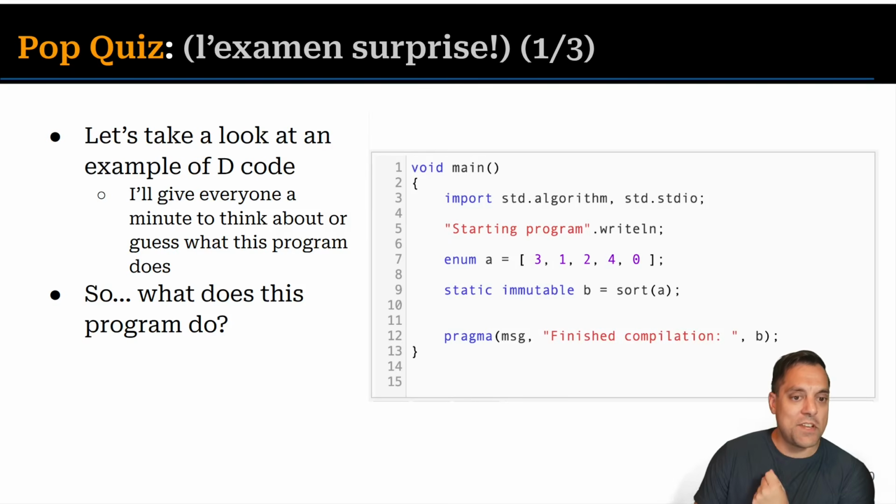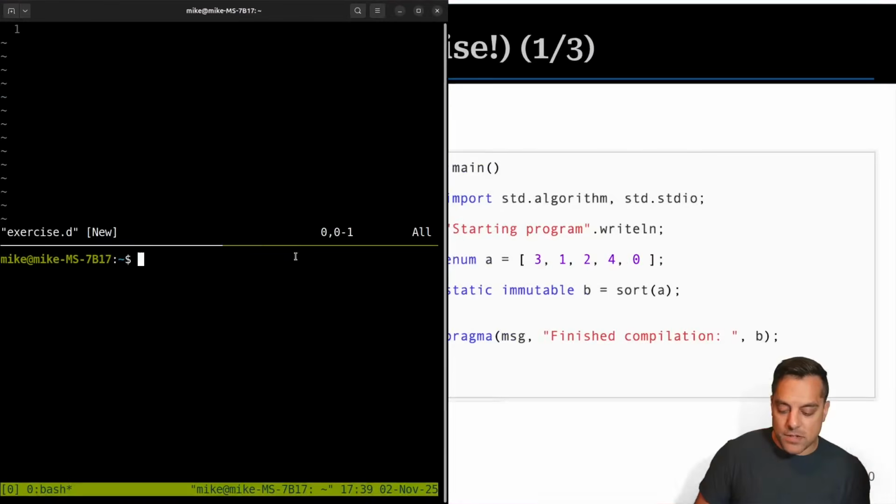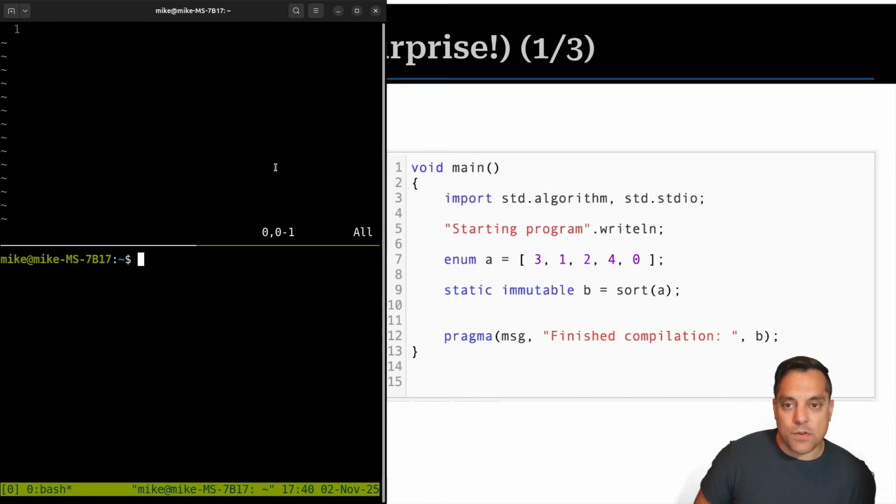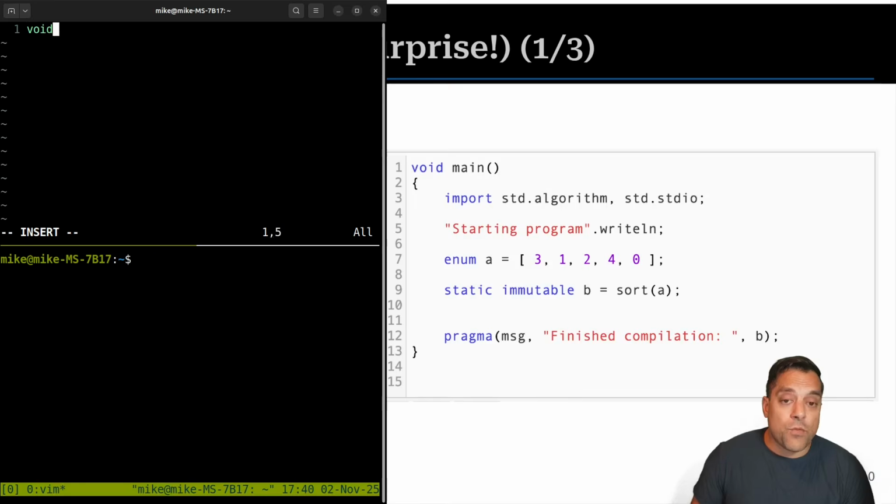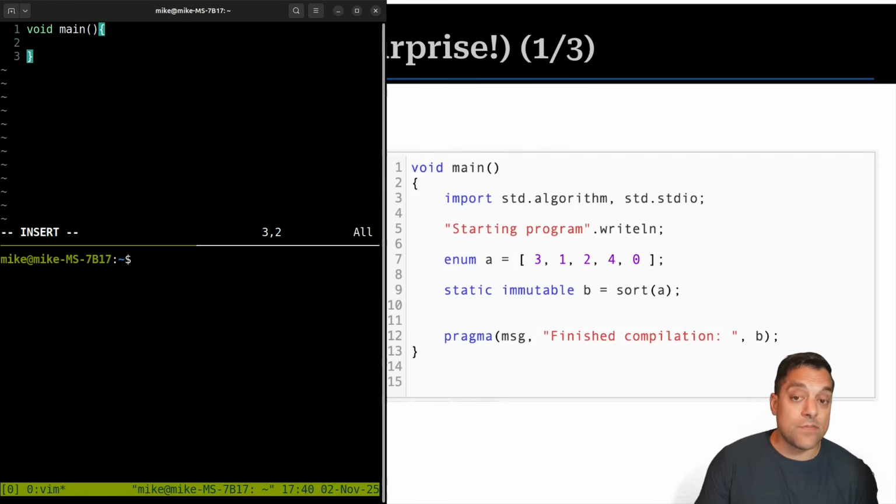And if you paused the video and did that exercise, well, let's just find out. Let's actually just crack open a terminal here. And as I said, I want to do a little bit of live coding with you with the language. I don't want to take up all of our time, but it is fun to try out. But again, just sort of working our way through the program here, we have the main function. You'll notice it's void main, so there's no return value. You can return a value, of course, if I make this int main, but it doesn't have to be required.